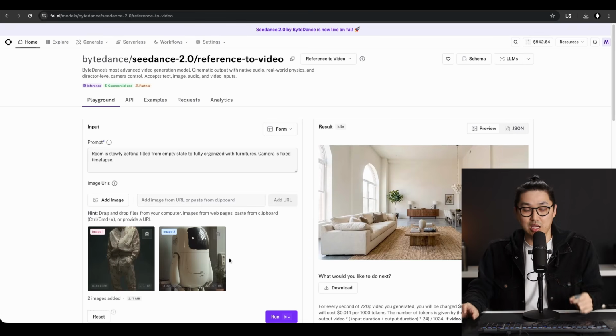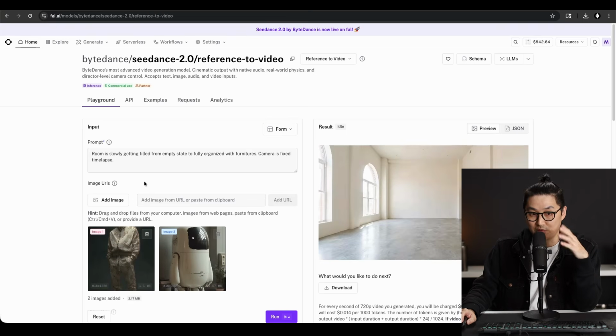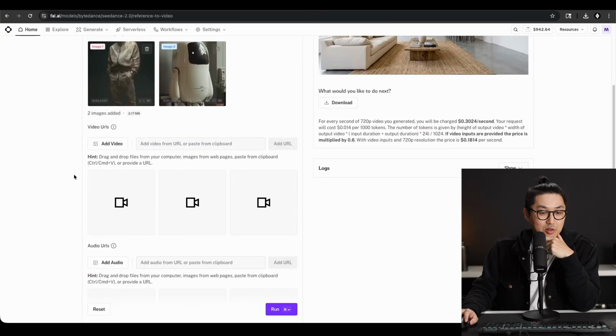I hope that eventually Seedance 2.0 removes those limits or comes up with ways to allow us to just use images of, like, say, my face to put me in movies like I could with Kling 3.0. Anyway, with Seedance 2.0, you have a hard time really trying to get real people into them. But okay, here we are back with our Midjourney man and our Midjourney robot. So before I get to the prompt, which is pretty spicy here right out of the gate, I'll show you what's available here on FAL.